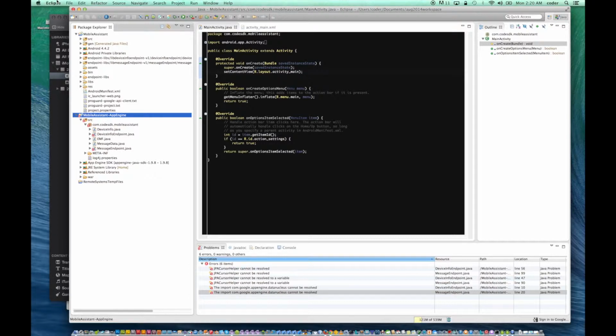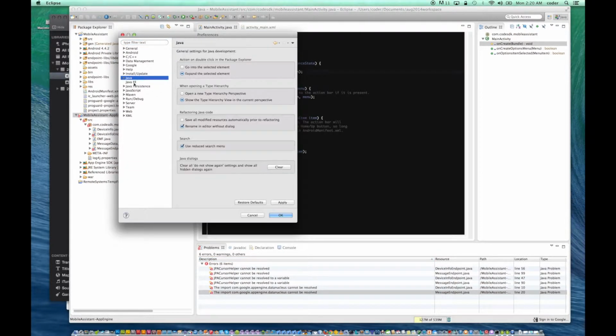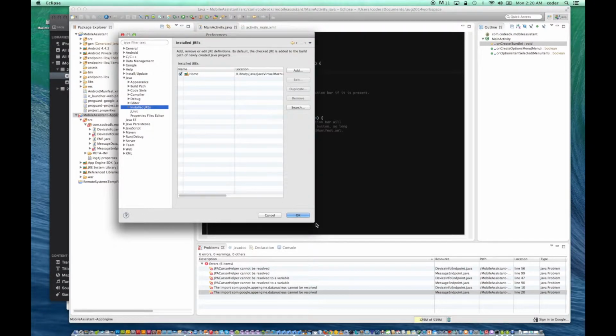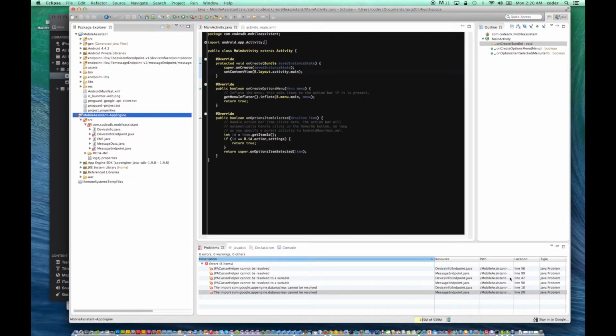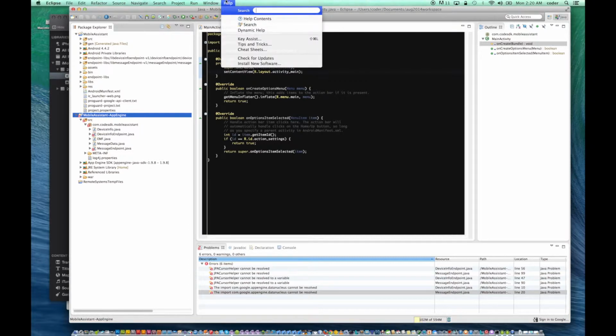The first thing to check for is to go to Eclipse Preferences, Java, and expand it to Installed JREs. And the path on your JRE should be the one on here, which is Library, Java, Virtual Machines, JDK 1.7, Contents, Home. So if that's listed correctly, the other thing to check for is the version of Google plugin for Eclipse that